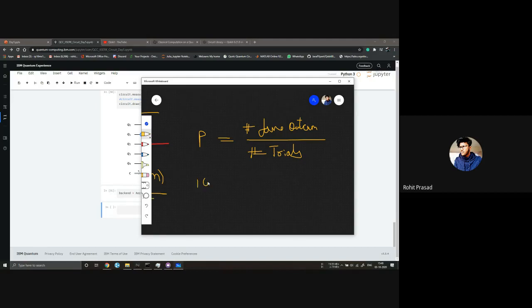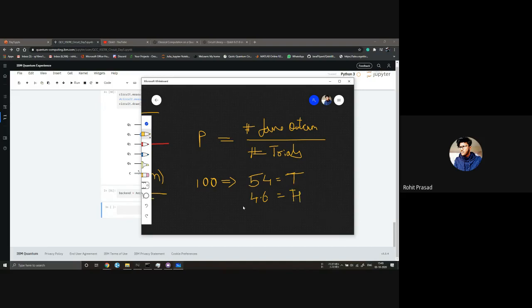So what we do is we toss it 100 times, right? And we get something like 44 to be heads and 46 to be tails. Okay, so I wrote it as head, let's say this is tail.